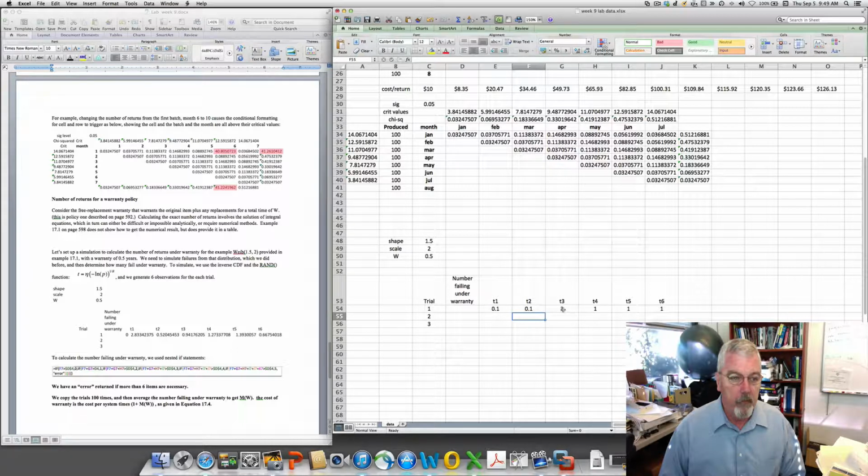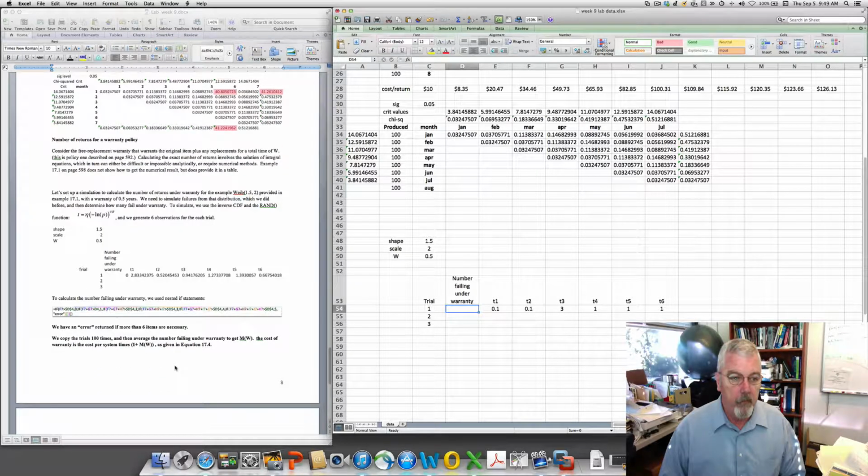I'll get the second phone, but the sum of these is 3.2, which now exceeds the warranty period. So I'm down to 2 have failed under the warranty. Okay, so on and so forth. So I need a way to count these things. And what I'm going to do is give myself this formula. I'm going to use a bunch of nested if statements. So in particular, I'm going to say if